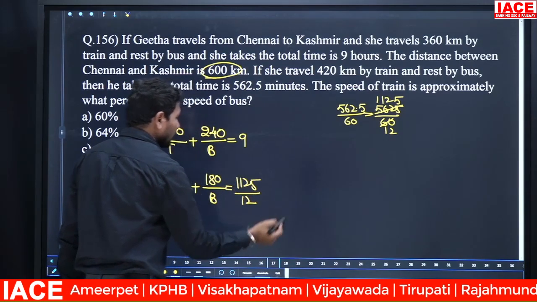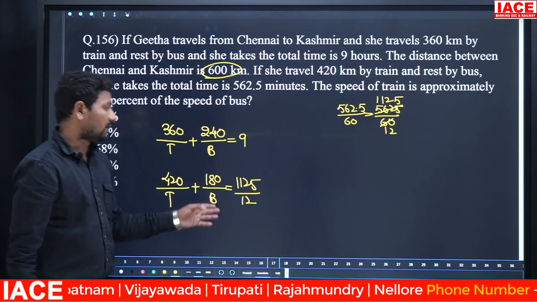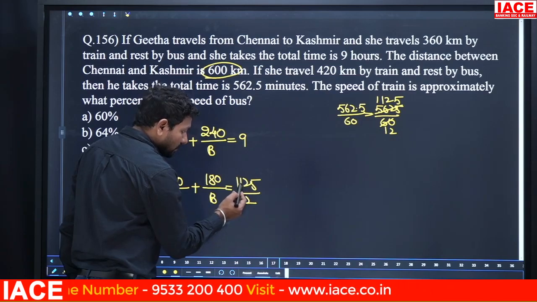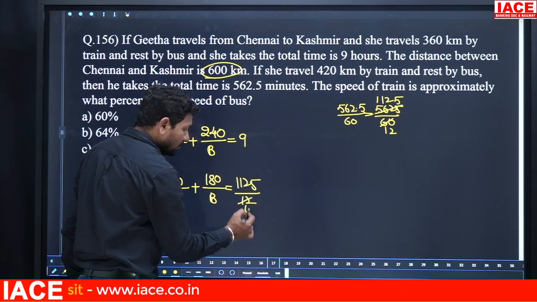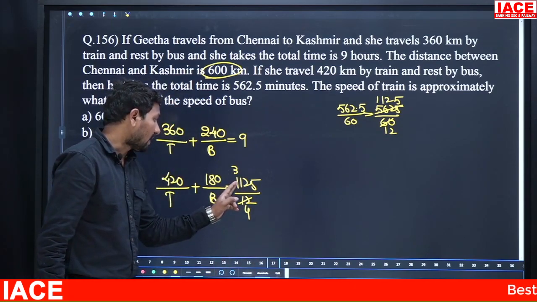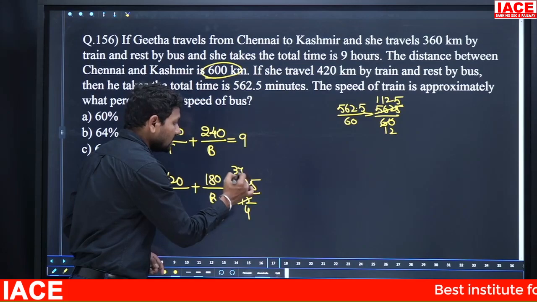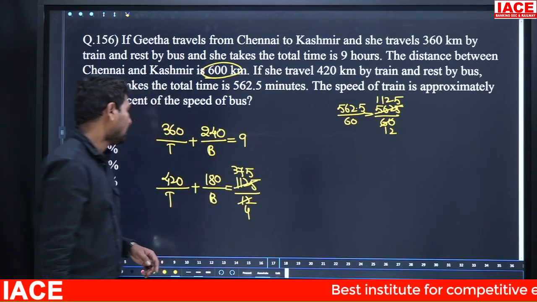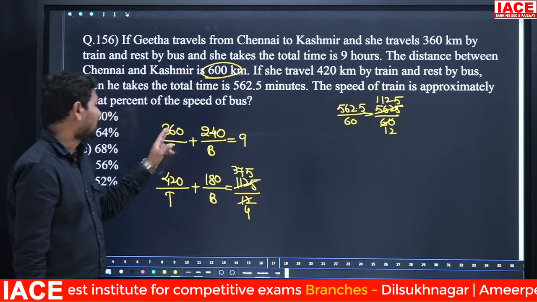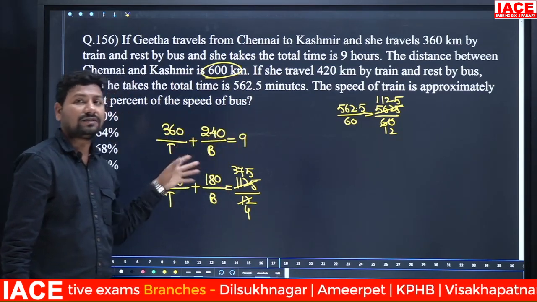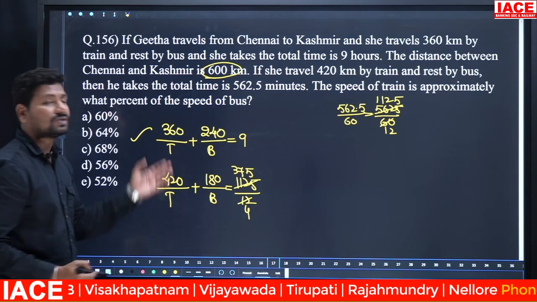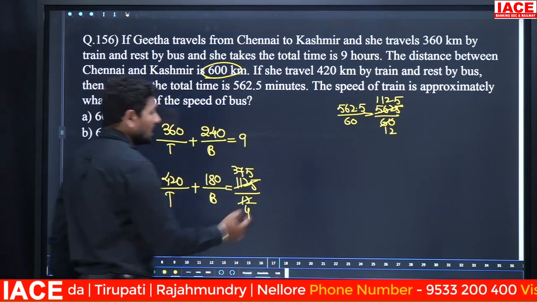1125 by 12. Okay. Again it is going to cancel with 3 also. Basically 3 how many times? Here 5 plus 2 plus 1 plus 1 it is 9. Compulsory it is cancelled. 3 4s are 12 and 3 3s are 9. Remaining value is what here? 375. 3 7s are 21 and 3 5s are 15. Okay. And 420, 180, 375 it is also cancelled with 5, and 360, 240 and 9 this is also cancelled with 3. And we have two options, first option and second option. Once we are solving these two equations, you will get the t comma b values.